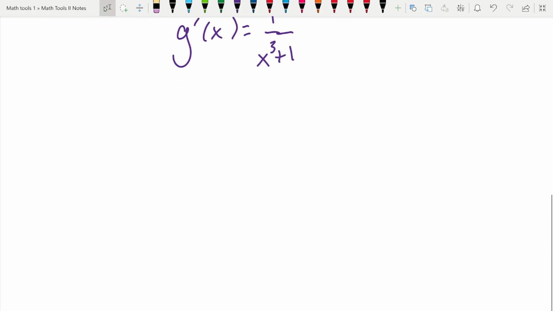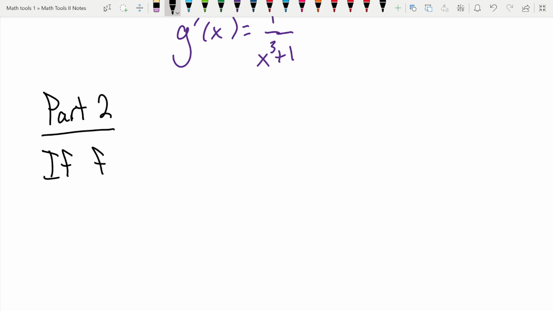So let's look at part 2 first, and then we'll look at some more examples, because these will help us understand more complicated examples. The second part, so that one gave us the relationship of the derivative with the integral. This one gives us the opposite, the relationship that the integral has with the derivative. Okay. So if f is continuous